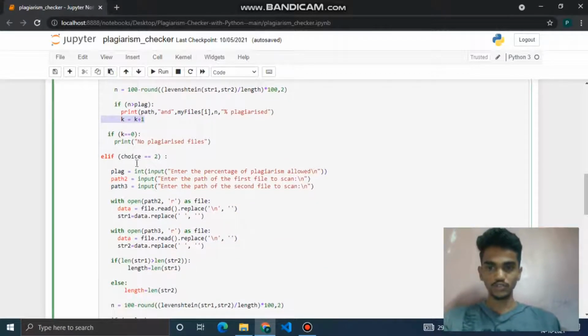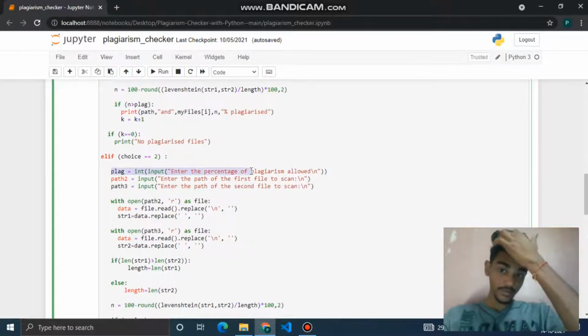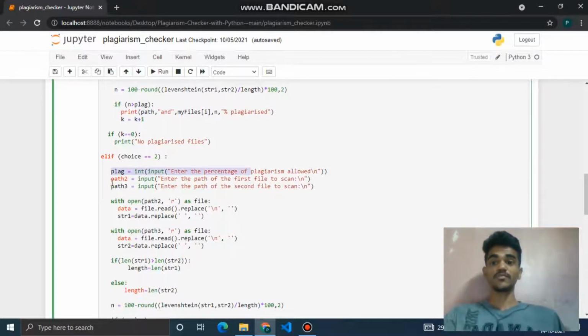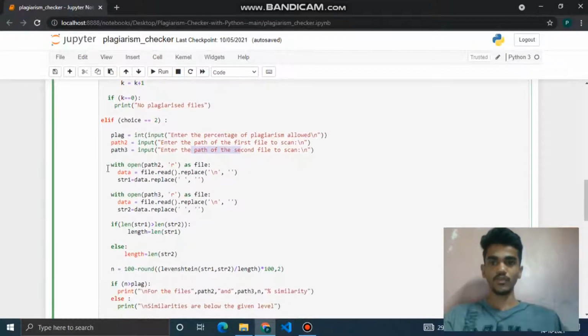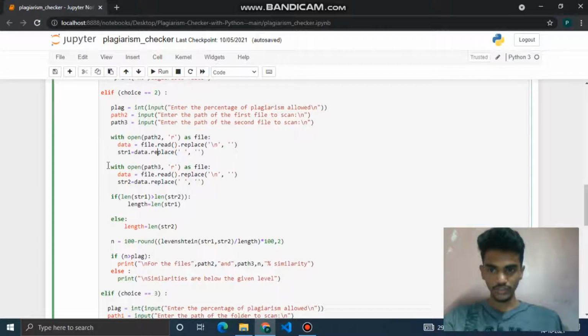In choice 2 we have to give the percentage we allow. Then we have to give the path of the first file and then the second file. Then it opens both the files and eliminates end of line and space here, like the first one. It is for the second file.